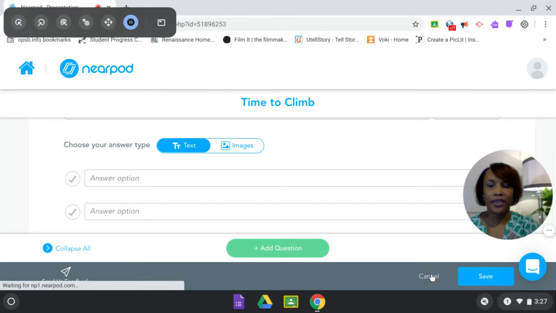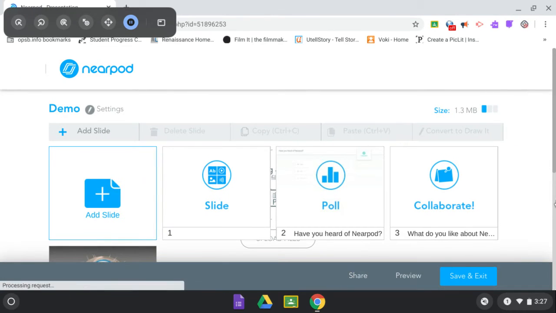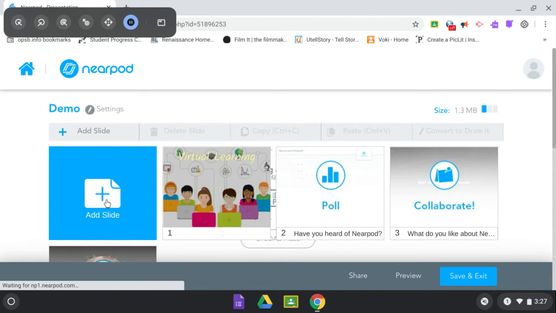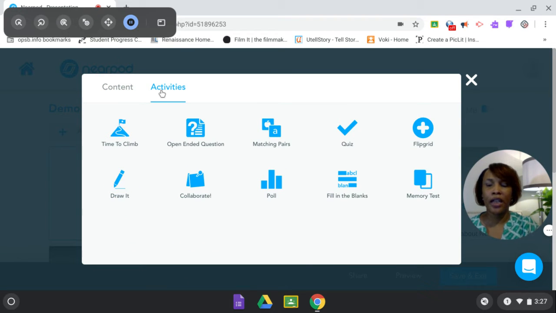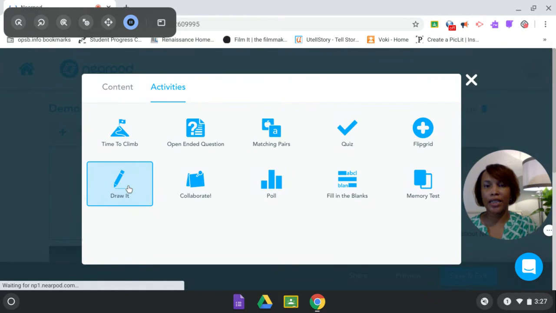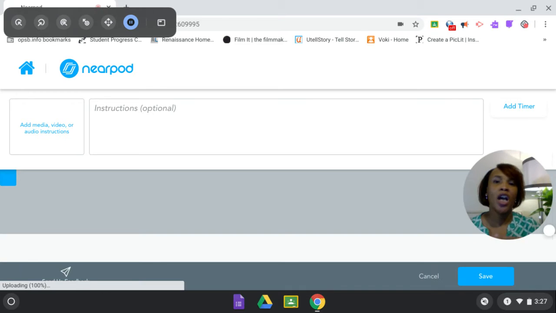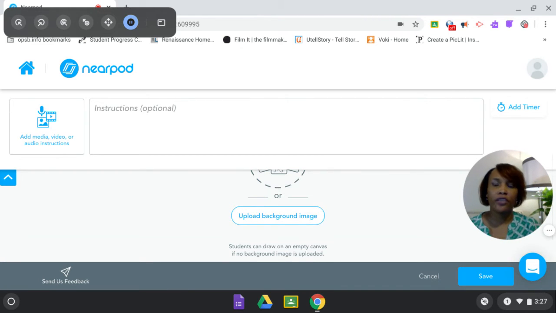And one more thing that I just remembered that I would like to show you is this activity. I'm going to go back to add a slide, go to activities, and Draw It. This is a good activity. As I said before, if you're doing annotations, you're an LA teacher like me, or you're a history teacher, or even for science or math, if you have a document that you want the students to draw on, it's not something that you can get into a format where they can actually type. If it's something that's already saved, you can just upload it in that PDF form and they can draw on it. So here you can do your instructions,